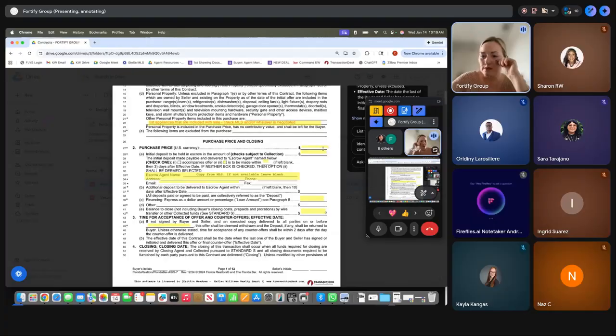So pretty simple. Your purchase price is the total purchase price. This is your deposit. You're going to write out the dollar amount. Typically, it's 1%. Keep in mind, the higher the deposit, the stronger the offer looks, because basically it's saying the buyer's willing to risk this much money. And so the deposit conversation, as you've seen in our checklist of things to discuss prior to writing the offer, usually looks like,